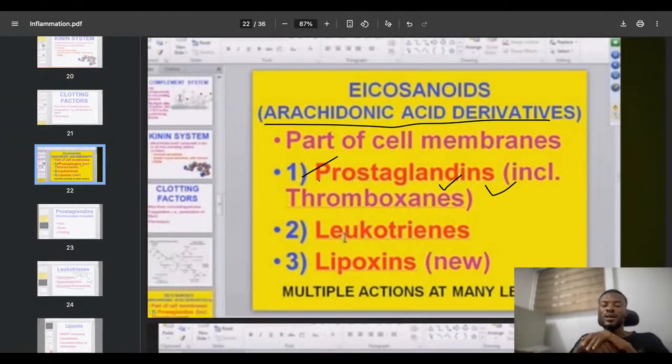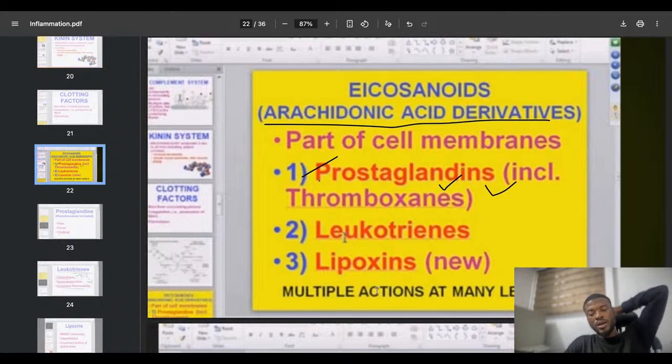You can read around that arachidonic acid pathway, and they are synthesized using parts of cell membranes, the phospholipid bilayer that makes up the cell membrane. Examples of these eicosanoids are prostaglandins. We also have leukotrienes and lipoxins. And as I said,